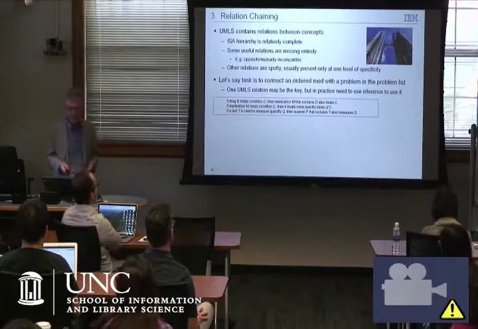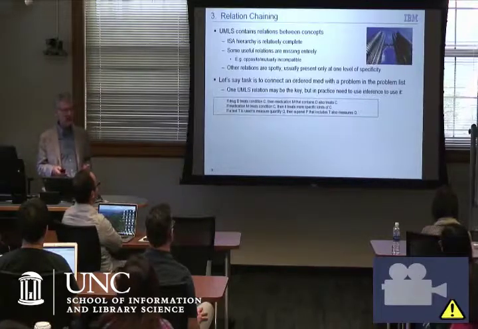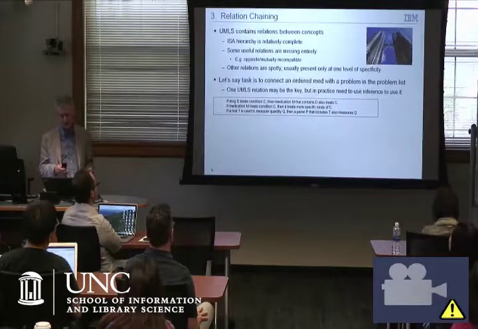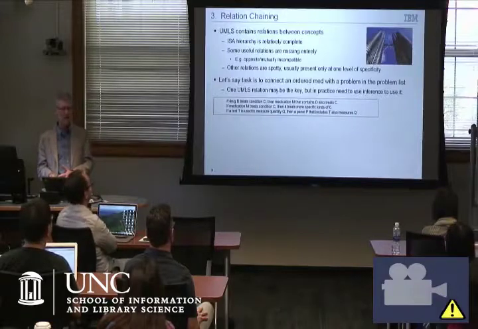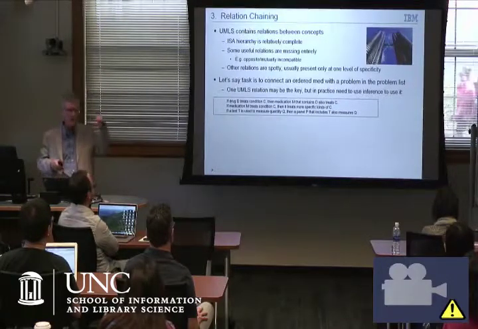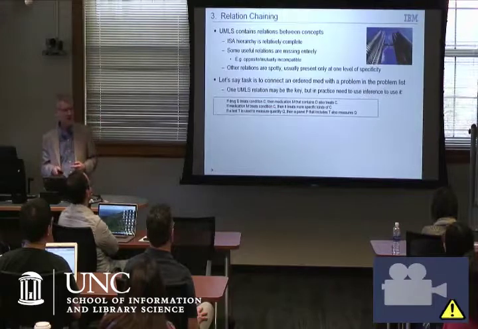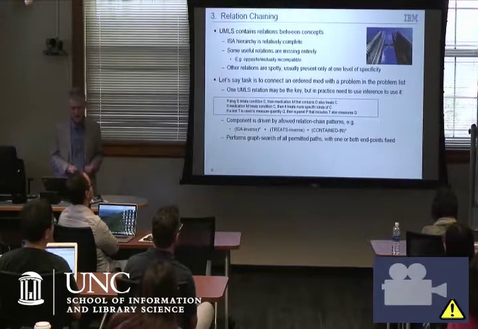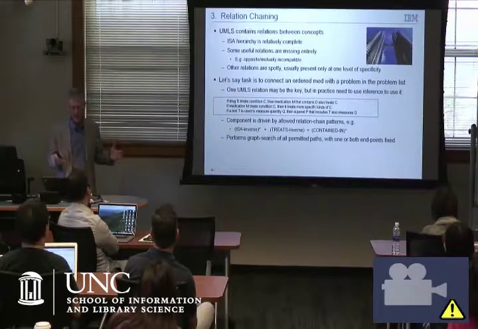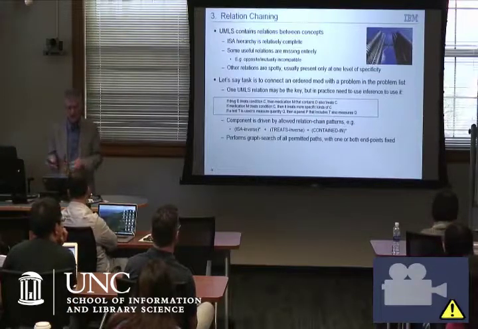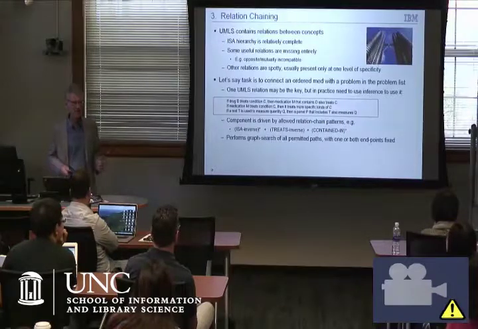And what we're doing by doing that is basically enforcing rules like this. If a drug treats a condition, then a medication that contains that drug also treats that condition. So it's a fairly simple inference. It's not, again, rocket science, but you've got to take a step in order to do the treatment. So we establish some patterns like this. Any number of the inverse of the is-a relationship, followed by a treats or is treated by, and then contained in, is a valid connection between two endpoints.